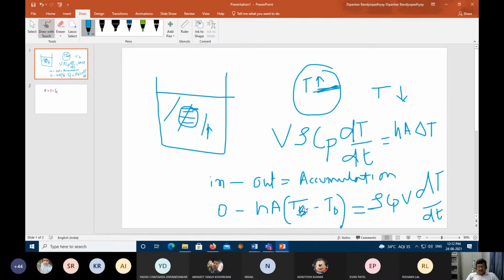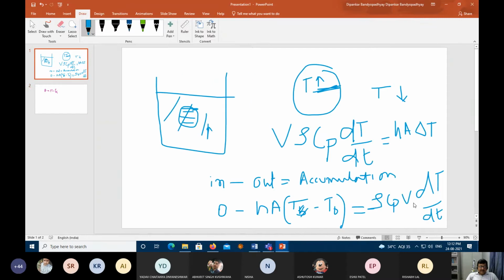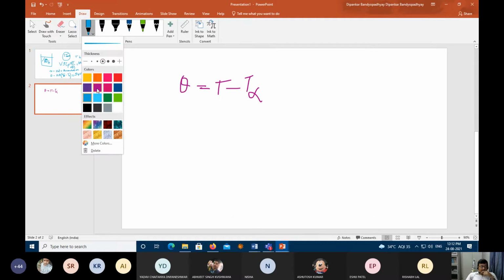This is the variable temperature, okay? So this T and this T are the same. So this is your dependent variable, essentially, right? So if you enforce theta equal to T minus T infinity, what happens? This is a transformation that you give to this equation. So how does this equation modify? Can anybody tell me what is the new equation that comes up? If I replace in that equation theta equal to T minus T infinity, what do I get? Quickly.